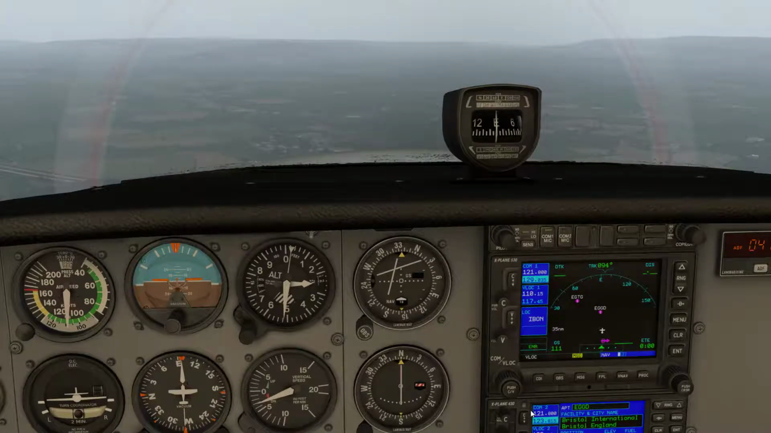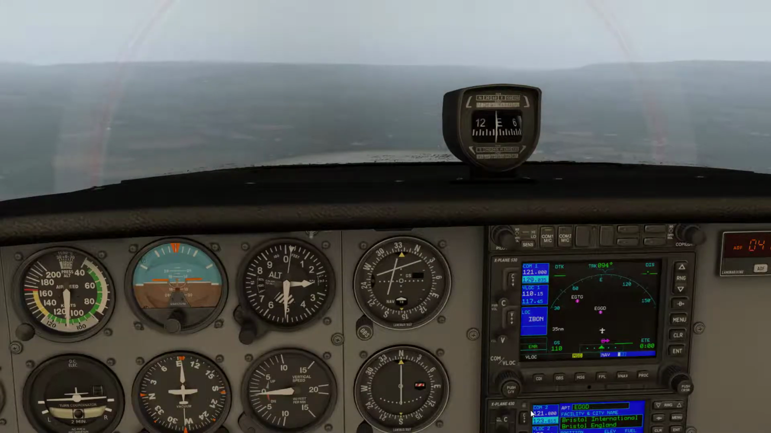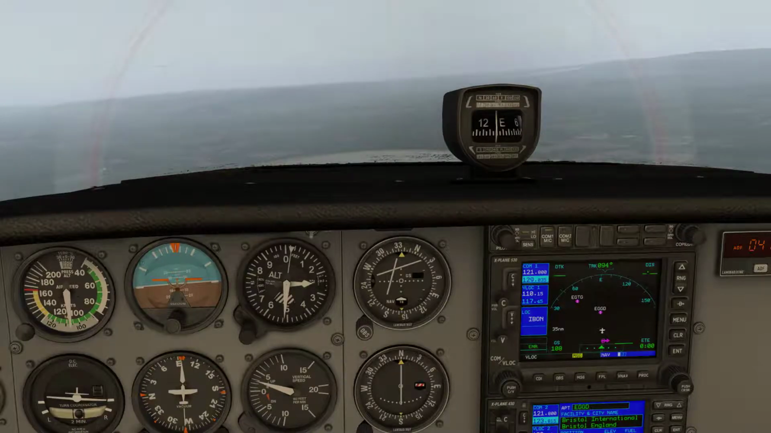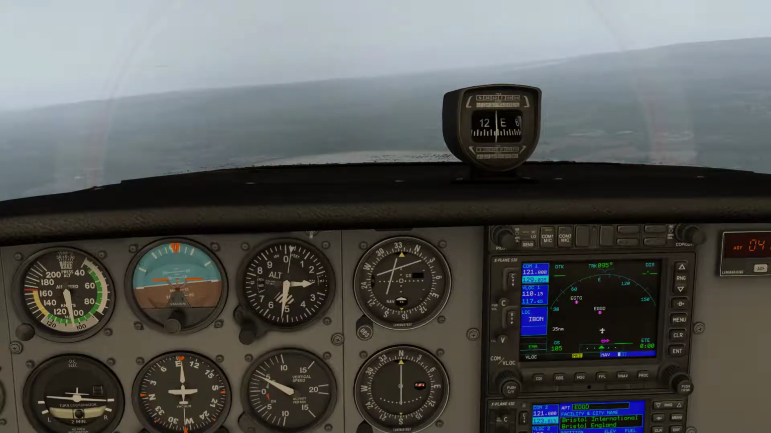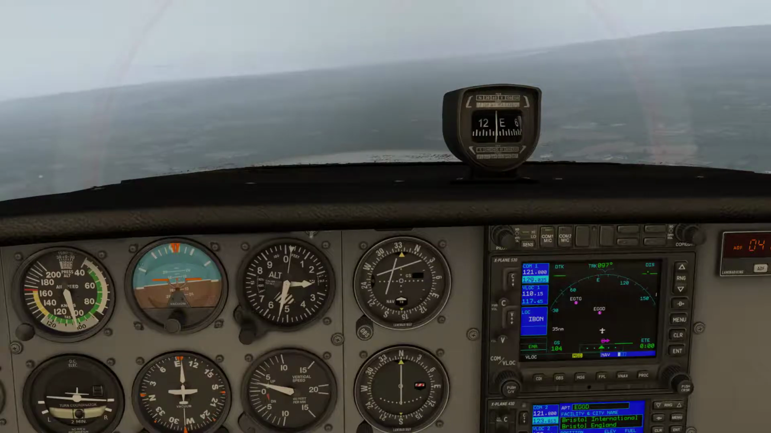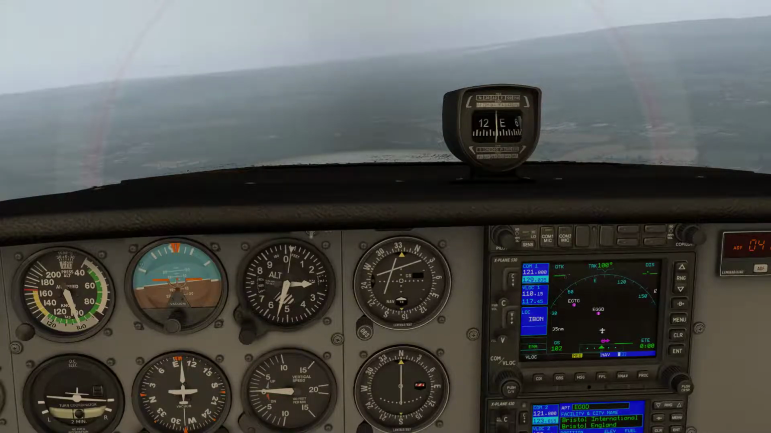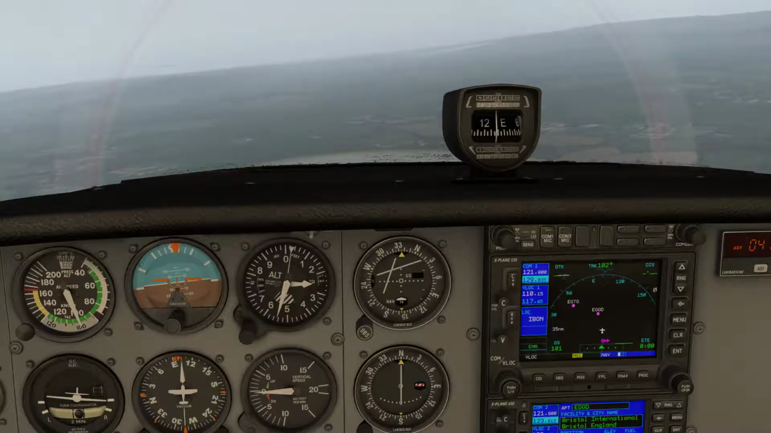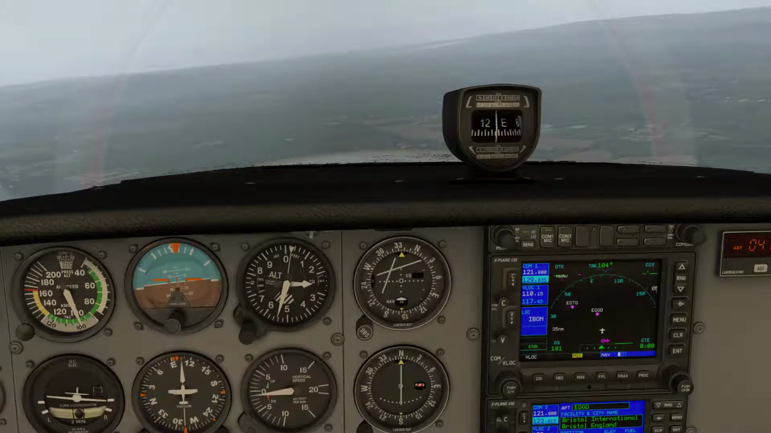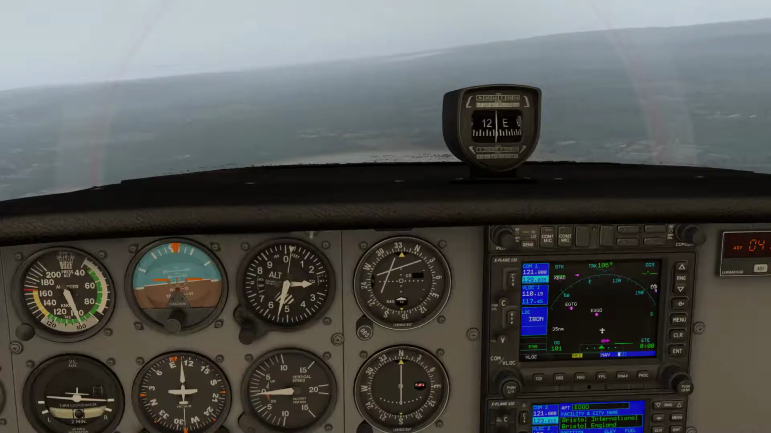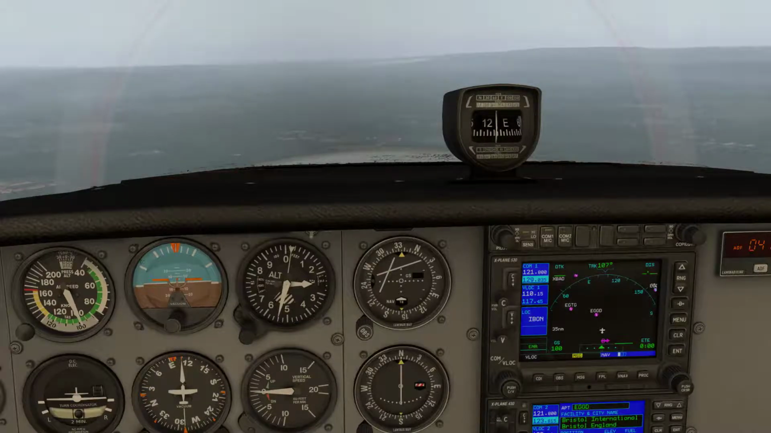Let's lower the flaps. So let's now bring it more across this way a little bit. You'll see why I'm doing this in a moment. It looks like we're actually steering away from the runway, but we're not. So there we are there. Now let's start to gently